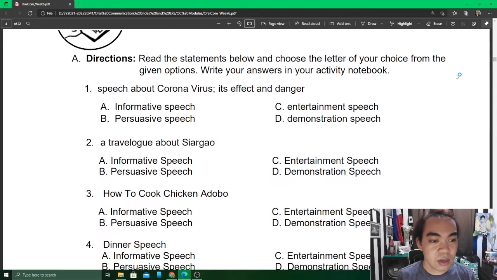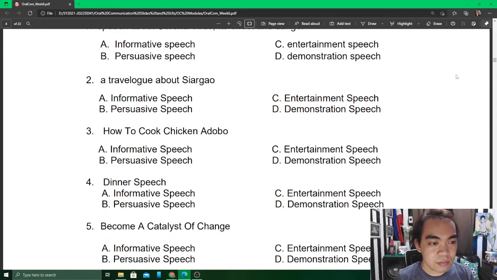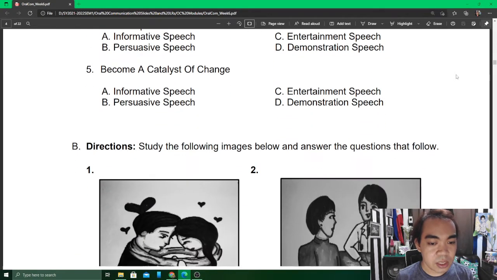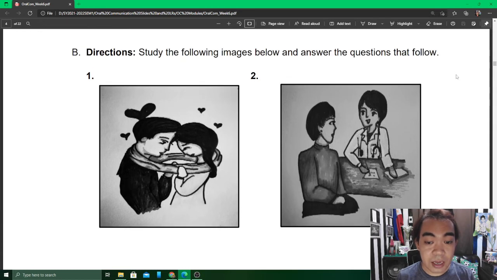So here, we have your try this activity. Now, ladies and gentlemen, we have a short quiz here trying to find out how much we know already about the topic. So you may answer these activities as part of your formative assessment, but this does not belong already to the graded na mga activities natin because the graded activities are only those that appear in your answer sheet. We will talk about them later.